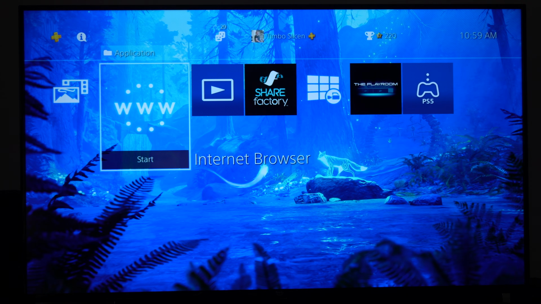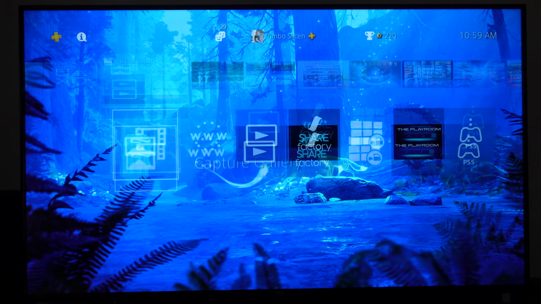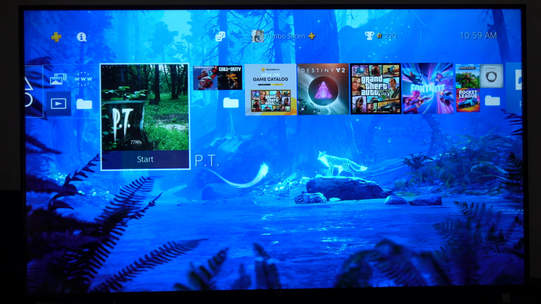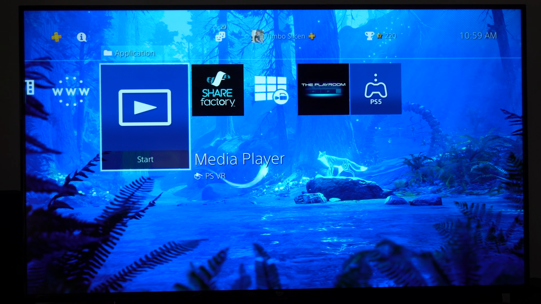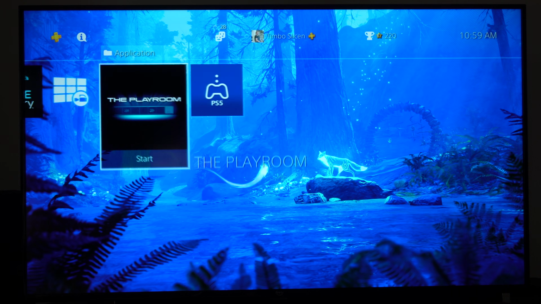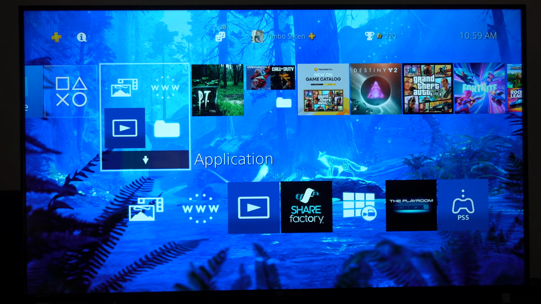But if you go back to the home screen, you can see under here the application will be on the front now. So I just saved this in a folder with all my other applications like Media Player, Share Factory, Live from PlayStation, etc. So maybe you want to do the whole same thing, but hopefully this video did indeed